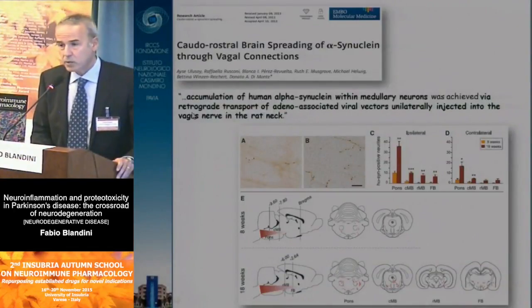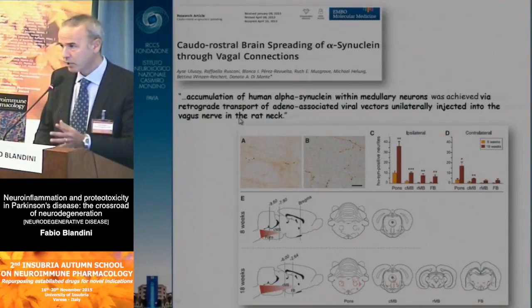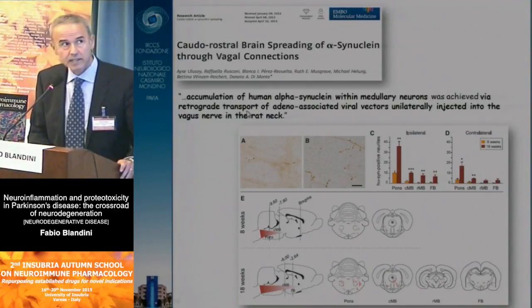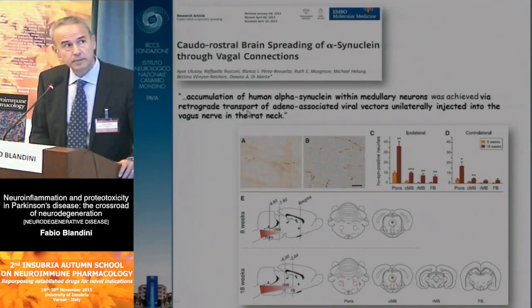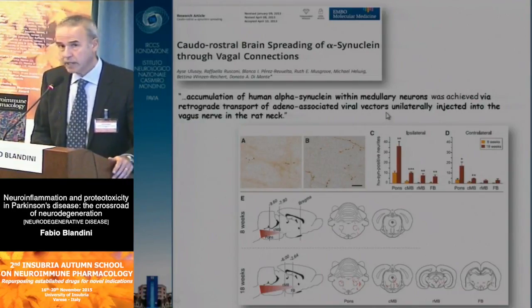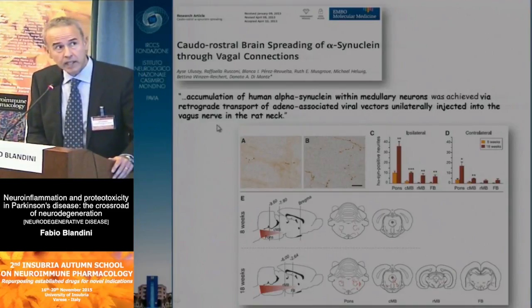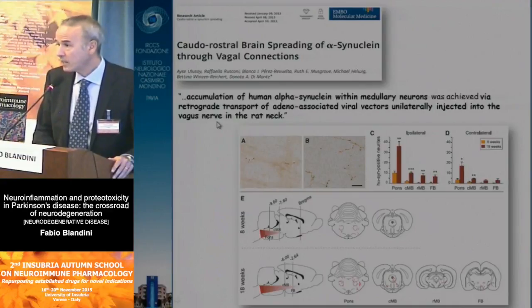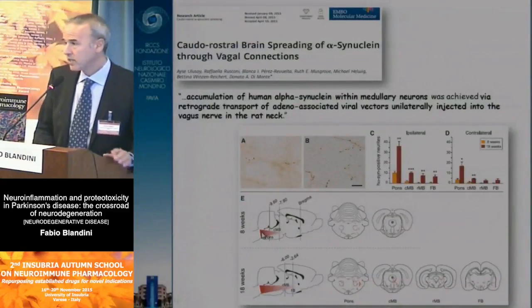This is another study, by the group of De Monte in Bonn. The experimental approach was slightly different. In this case, they injected adeno-associated viral vectors carrying the synuclein gene. So they induced the overexpression of alpha-synuclein in the vagus nerve in the neck of these rats. They injected in the neck, let's say, at this level,